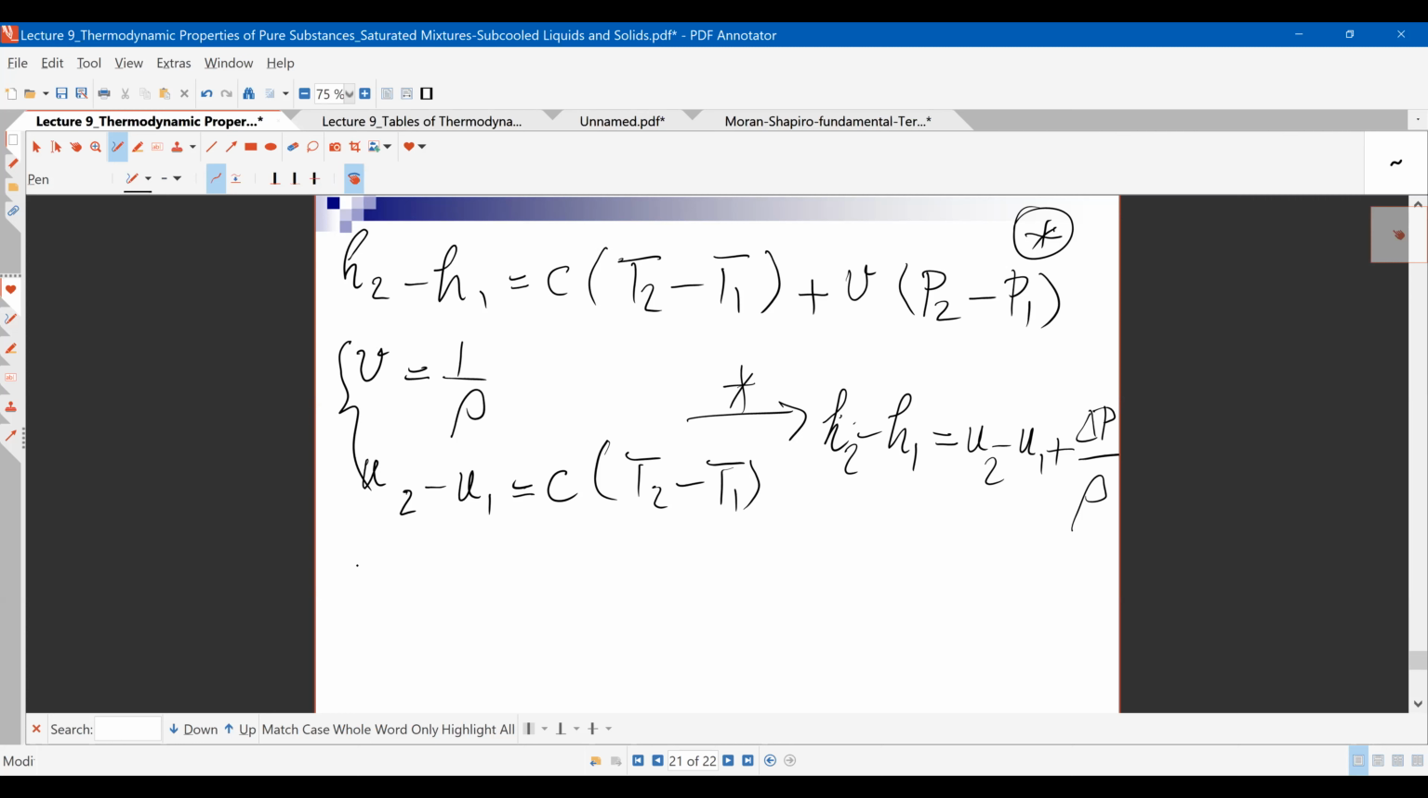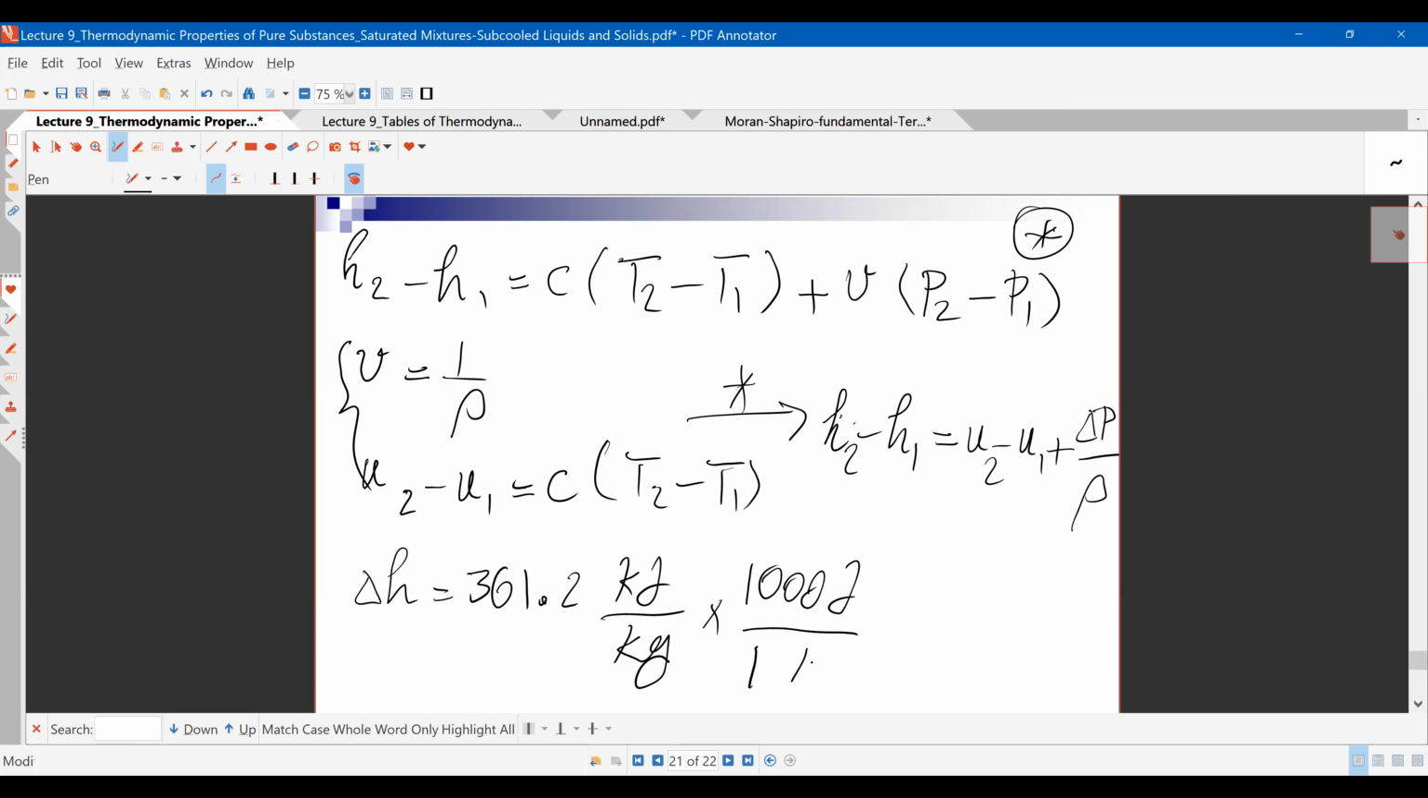Delta H equals, from the previous step, I found out that delta U was 361.2 kilojoules per kilogram. Pay attention that I'm writing the specific enthalpy and specific internal energy, plus, and I'm going to convert this to joules, so I'm going to multiply by 1,000 joules per 1 kilojoule,